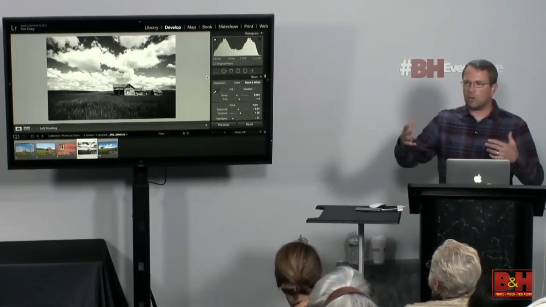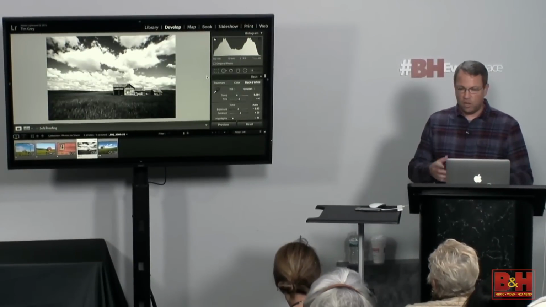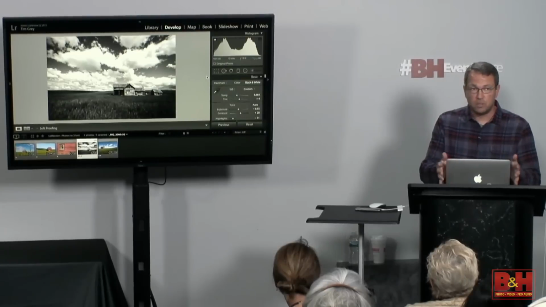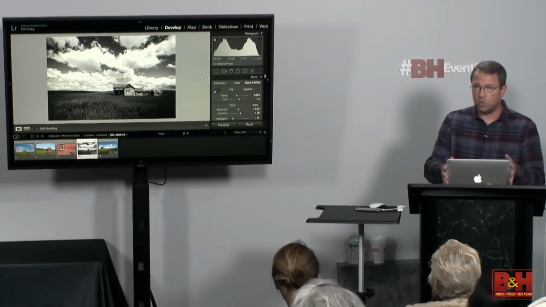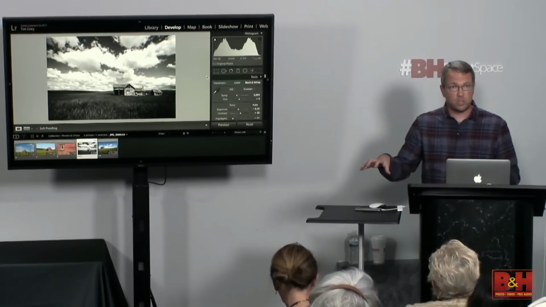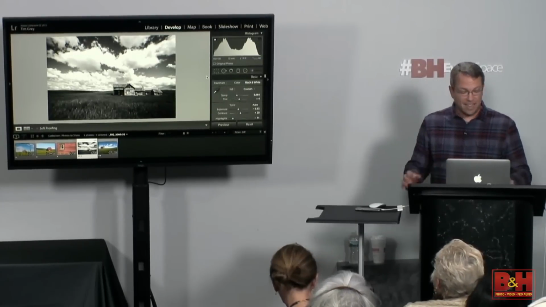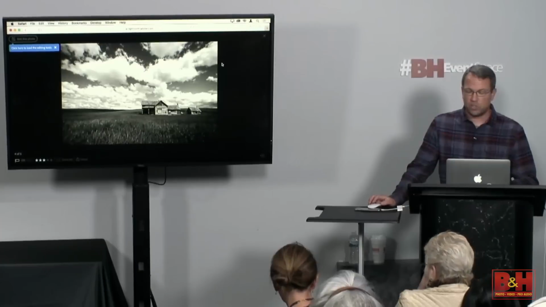So we'll switch back here to the desktop. Alrighty. So once again, all of those changes that I'm making are synchronizing in real time, and so I'm able to work across a variety of devices. So we saw Lightroom obviously on my computer, the desktop version, if you will, of Lightroom, Lightroom on my mobile device with a special mobile version of Lightroom, and Lightroom in my web browser so that